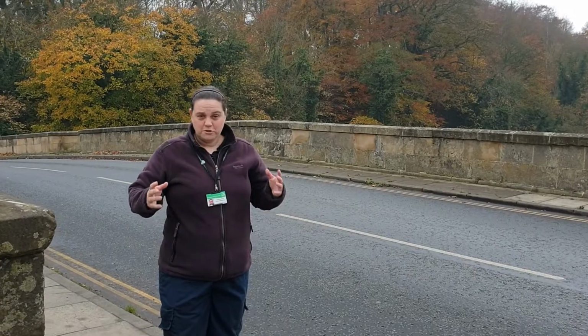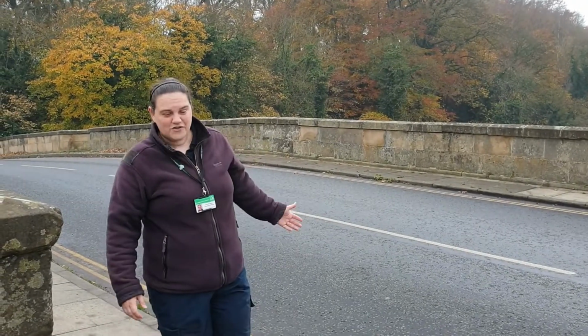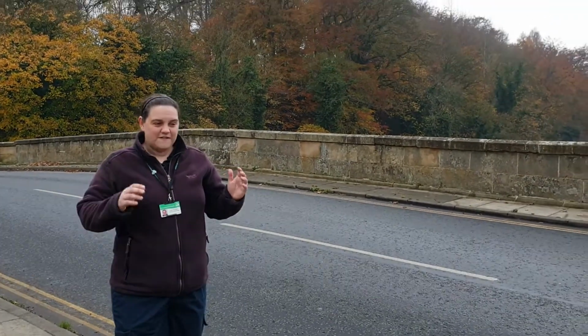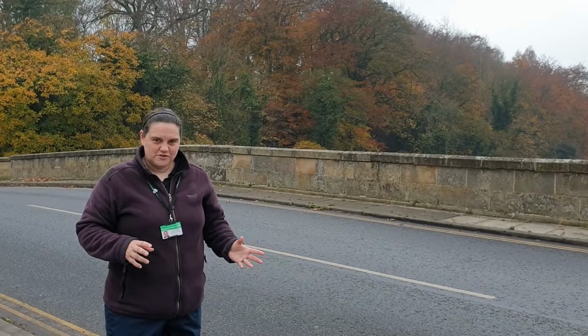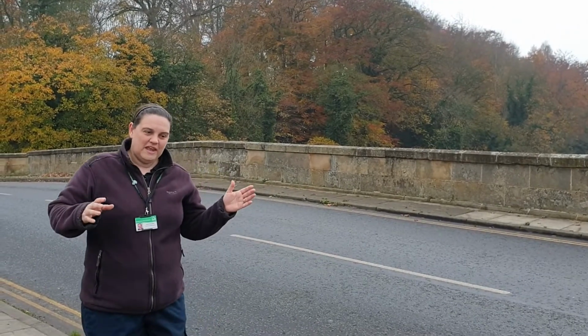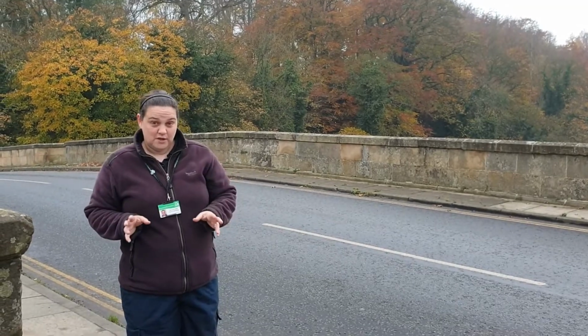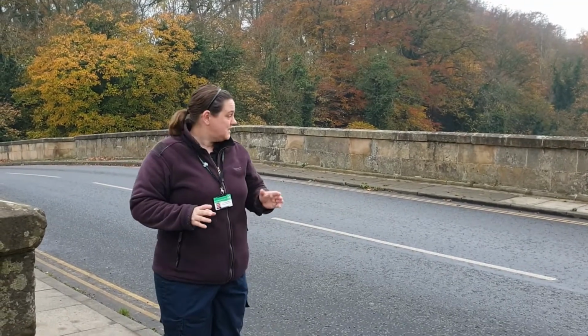This is the more modern bridge in Piercebridge, the one that everybody drives across, so I apologise for the sound of traffic in the background. It is in fact two different bridges. The bridge on the east side, the one that we're stood on here, is 15th century. It was then widened in the 16th century